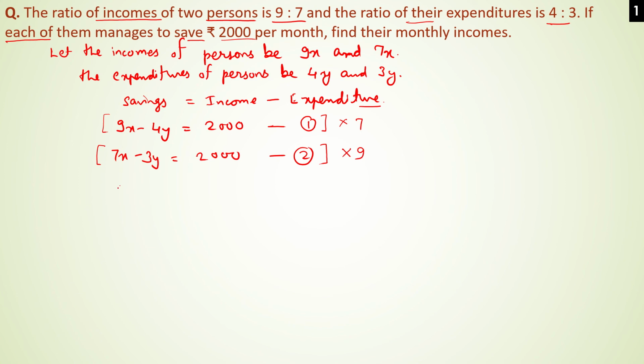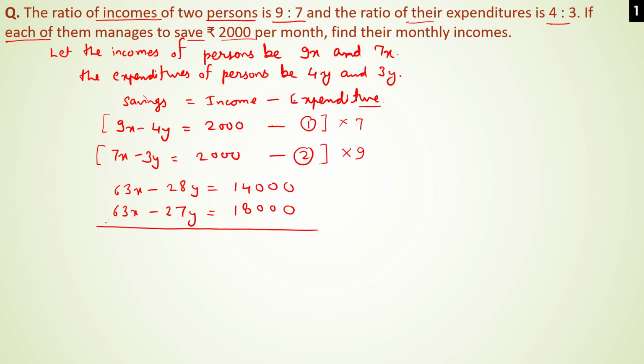So we get 63x minus 28y equals 14,000, and 63x minus 27y equals 18,000. Subtracting, we get minus y equals minus 4,000,